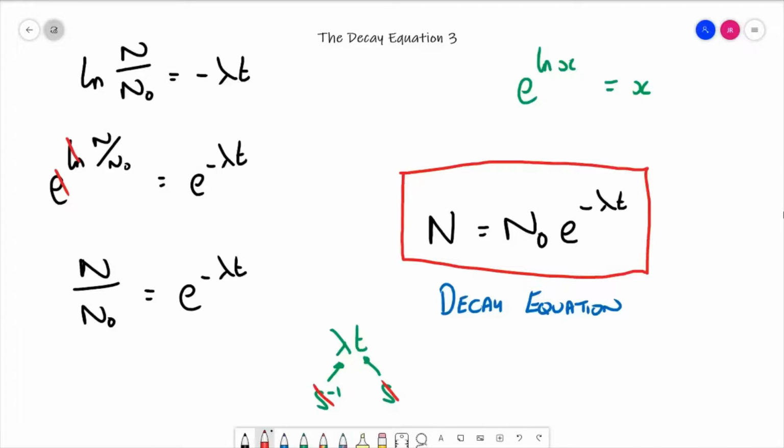Now, for those of you that perhaps haven't come across this number e before, e is known as Euler's number. It is sometimes called the natural number as well. It's an extremely important number in both maths and science, not just physics, but when you're looking at population growth in biology, e is an extremely important number. Now, it is an irrational number, so it's like pi. It doesn't repeat itself and it just goes on forever, but the first few digits of it at least are 2.71828